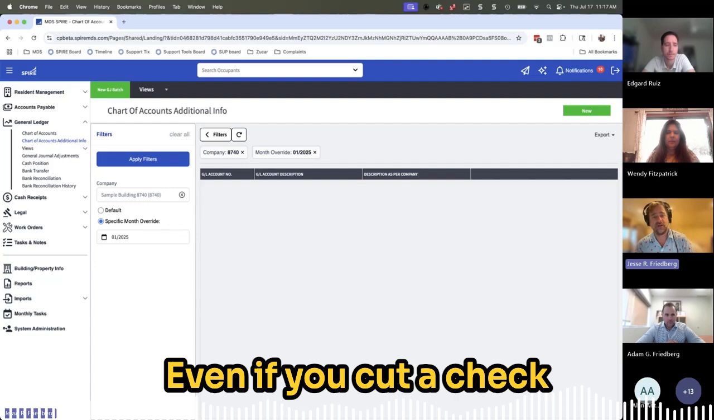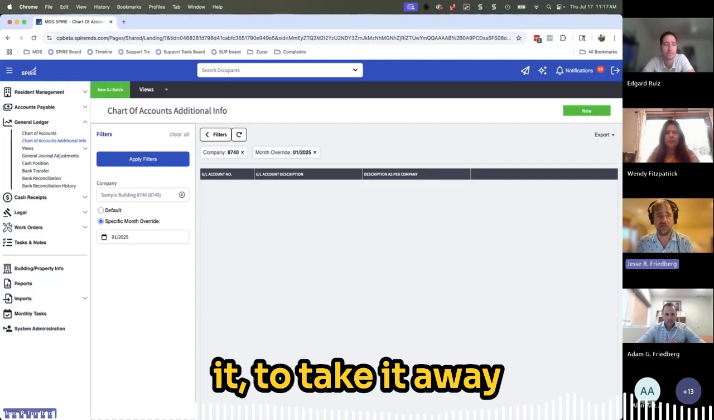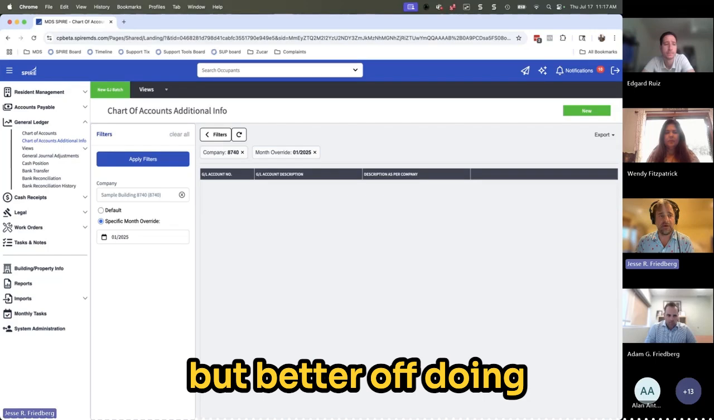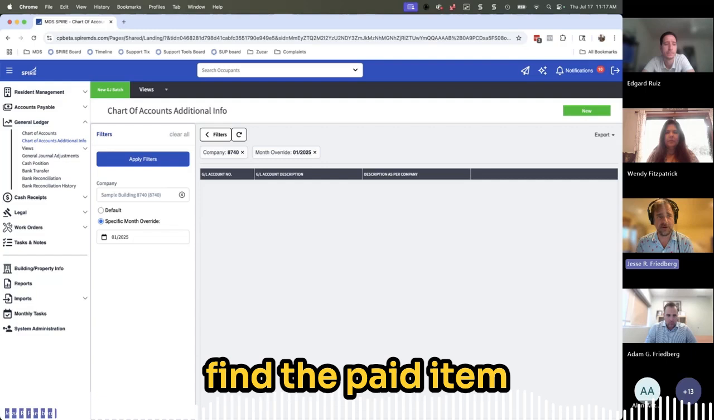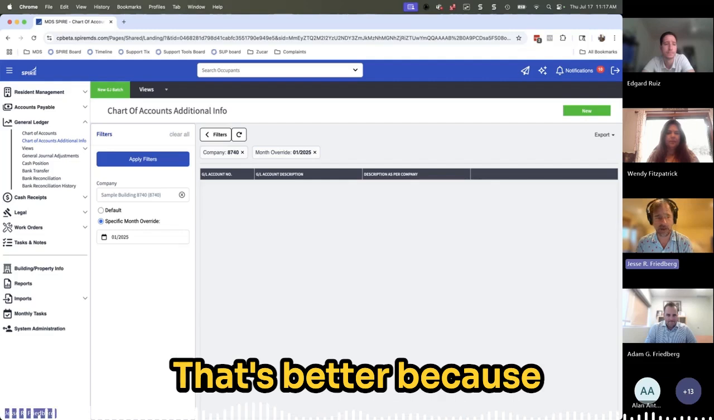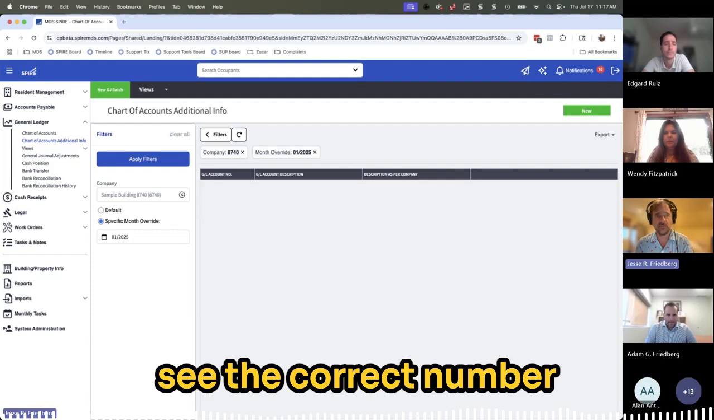Even if you cut a check and use the wrong expense account, you could make a journal adjustment to change it, to take it away from one account and add it to another. But better off doing what's called a reclass. So you would actually find the paid item on your accounts payable and then reclass it, meaning just change the GL account on it. That's better, because then if you run an accounts payable report, you'll actually see the correct